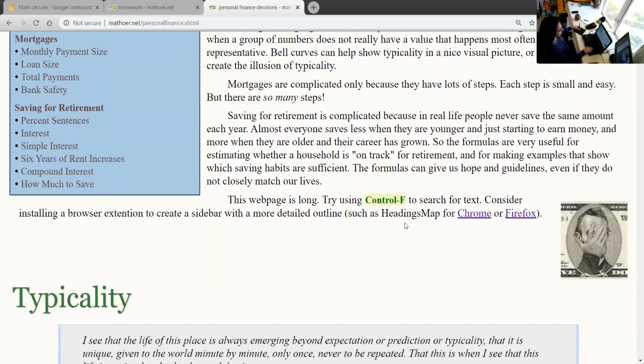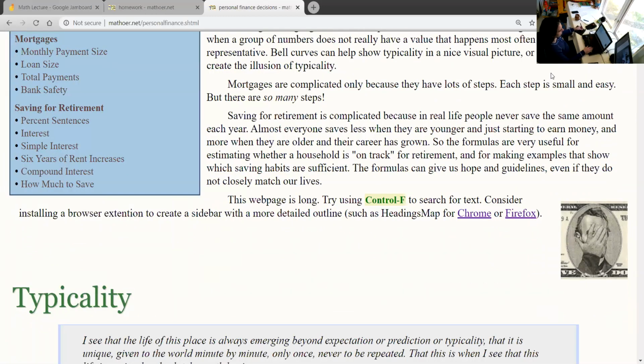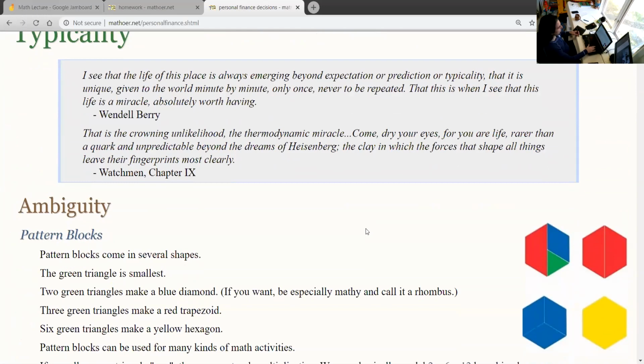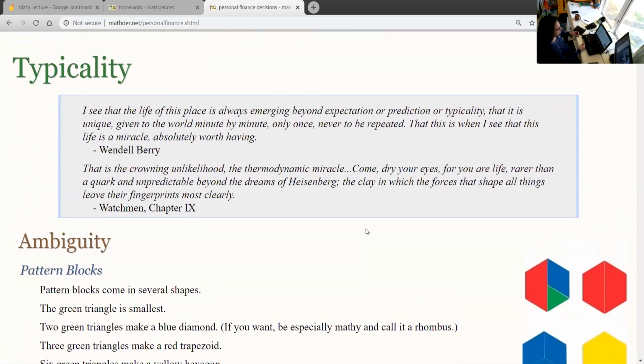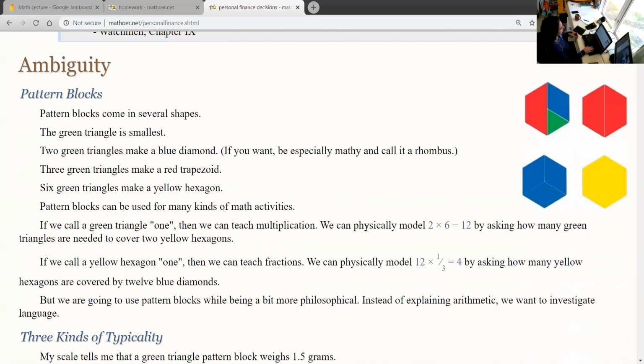Okay. I've shown you the headings map thing before, so that's what this little bit is about, if you like having that. Ready to talk about typicality? Yes. Okay. Yep. So